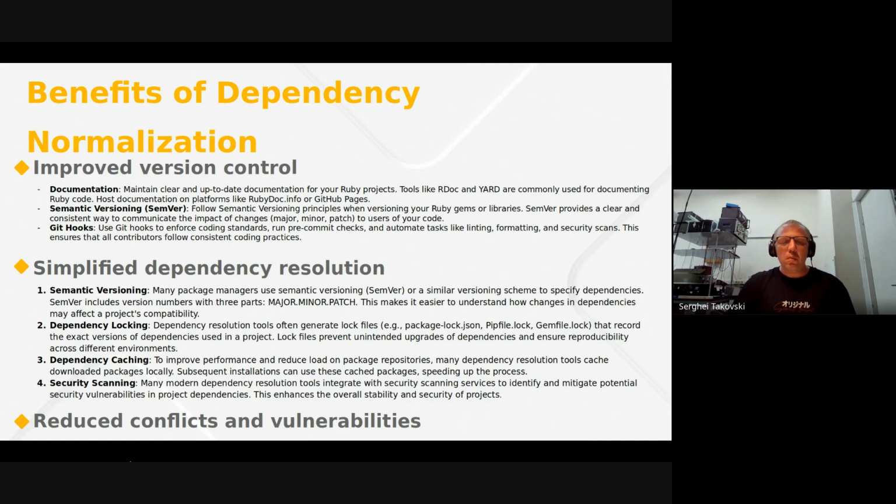Semantic versioning, dependency locking, dependency caching, and security scanning. These are four principles to simplify dependency resolution. If you keep these four principles, you will achieve a pure application without problems. I think security scanning for now is one of the biggest challenges in the world. And when you use something on Ruby and Rails